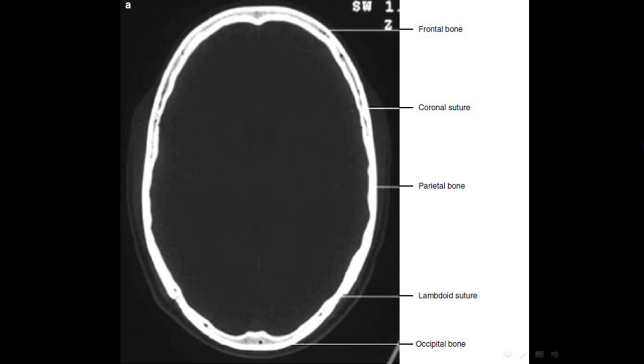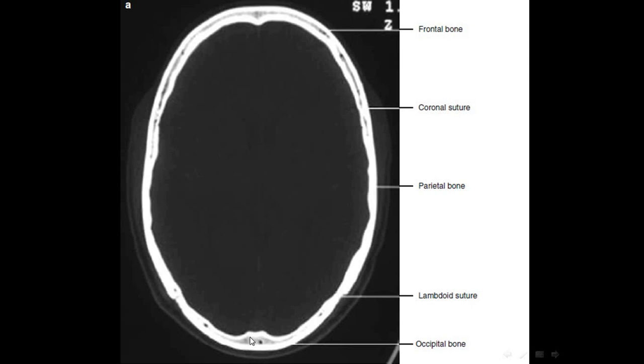Here we start to see a series of CT images in axial, sagittal, and coronal views. Let's start with the axial view, a whole series from top to the lower jaw. So this is the most cephalic section that we have here. Anteriorly is the frontal bone, and here is the coronal suture, parietal bone, lambdoid suture. We see it just as a thin hypodense line,